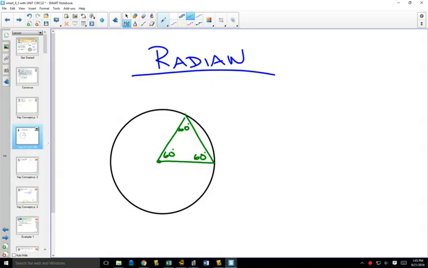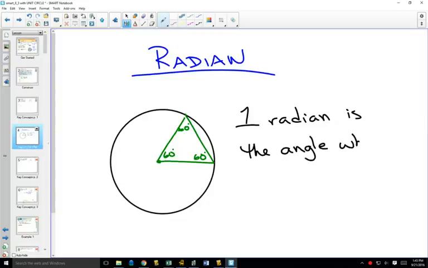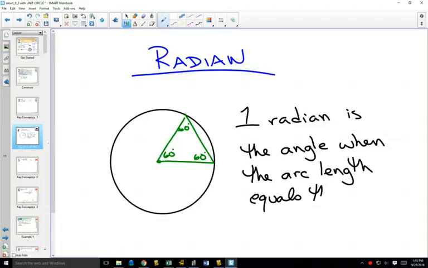But a radian measure is actually connected to a circle. And the definition of 1 radian is the angle when the arc length equals the radius. So if on my circle,